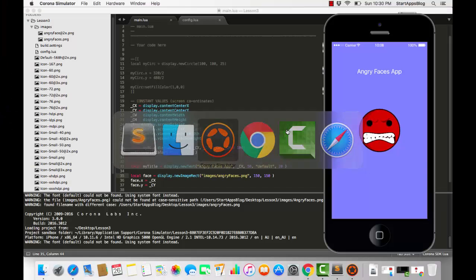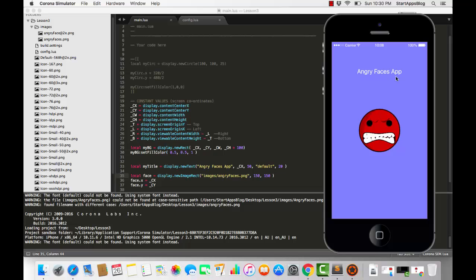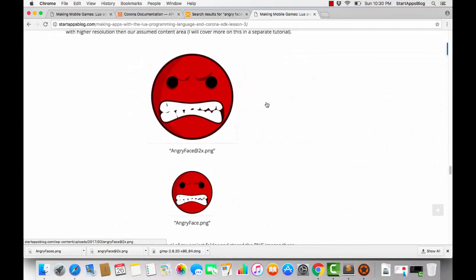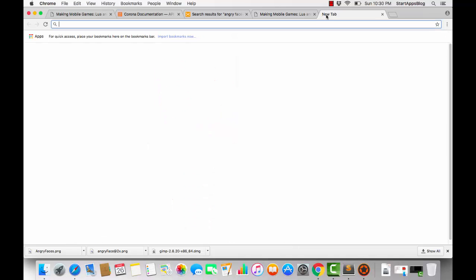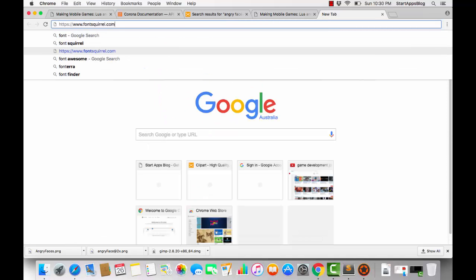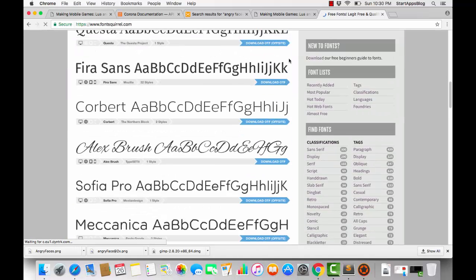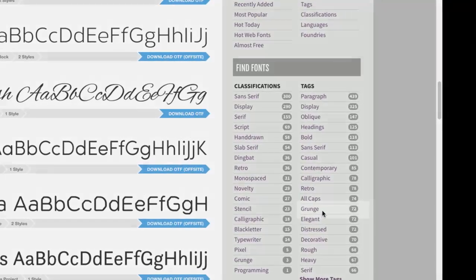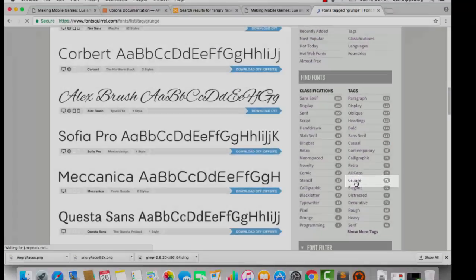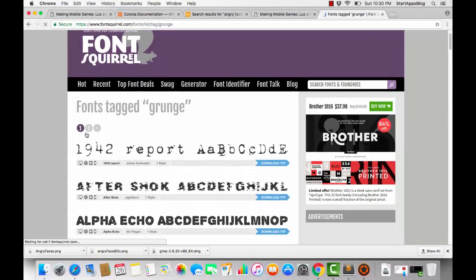Next up, let's see if we can change the font of our title to be something that looks a little bit nicer. So head over to fontsquirrel.com and scroll down to the grunge tag, click on that, and